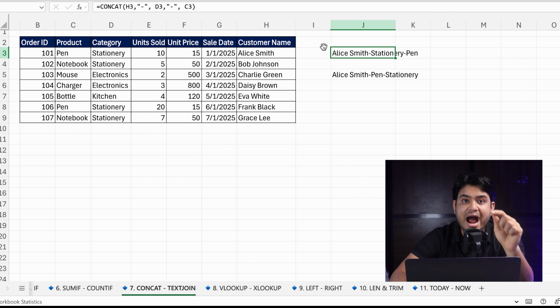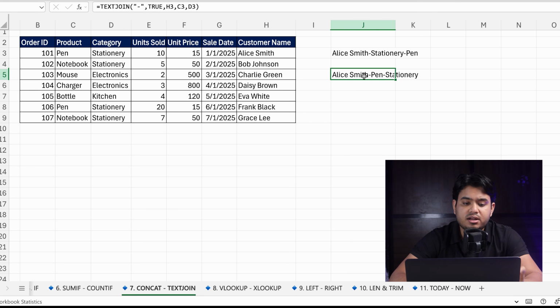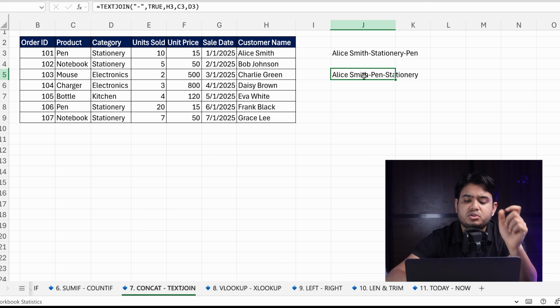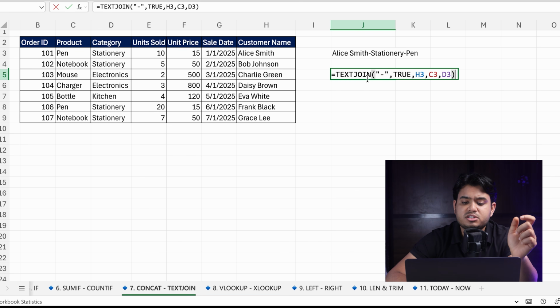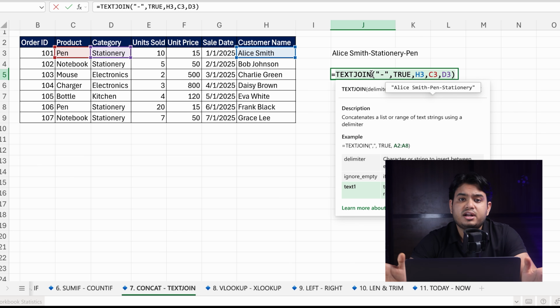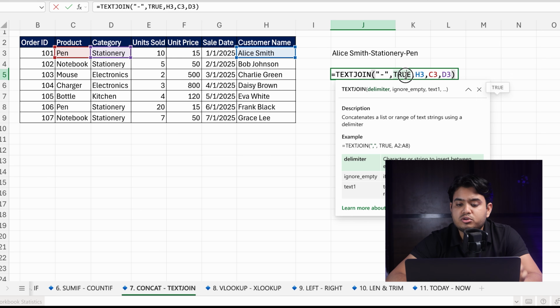but with the other method you need to add a dash twice, thrice. But here if you want to do this thing with multiple text, then you need to use this formula. Here you will use your delimiter only once, and then you can put your text multiple times. So this formula is best if you have 100 keywords or 100 text cells and you want to put dash in between. So you don't need to do this for each and every text or cell. You need to put it at the start,